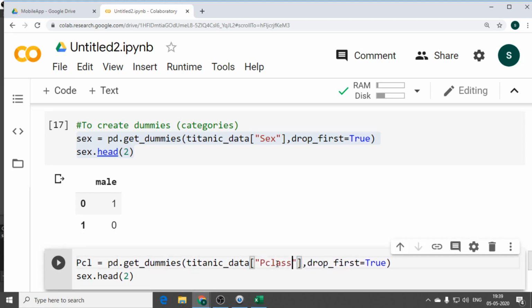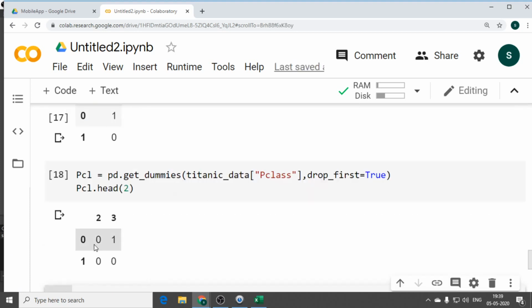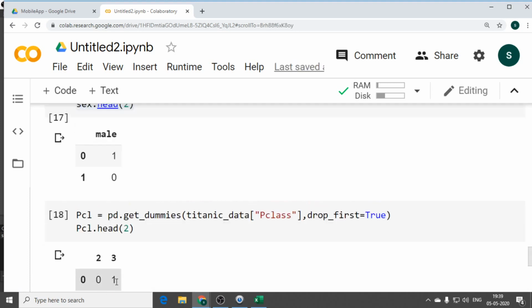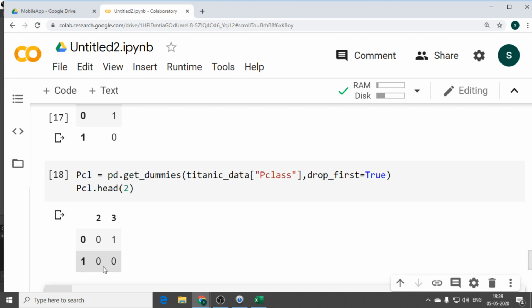Because in P class you are having 1 to 3 numeric itself, but I want to see only in zeros and 1, so that your entire data will be of clear format, right? See, the first person is traveling in third class, the second person is traveling in first class. How can you say? Because you are having 0, 0, right? That means in 2 class he is not present, in 3rd class he is not present, so he will be present in first class. You just think logically.